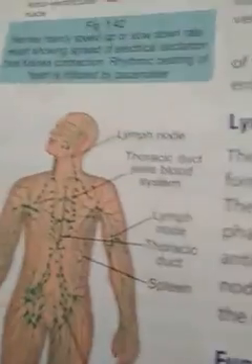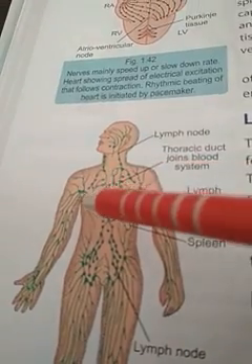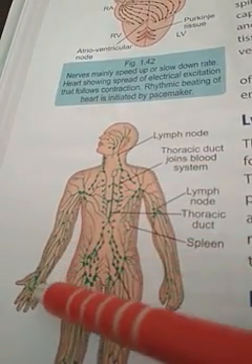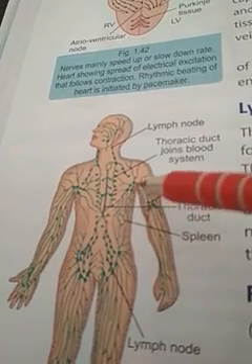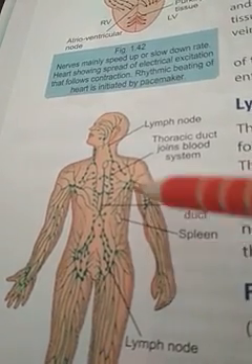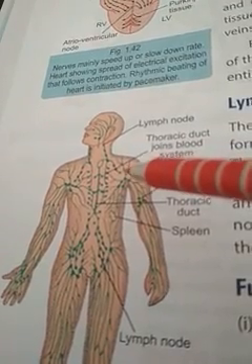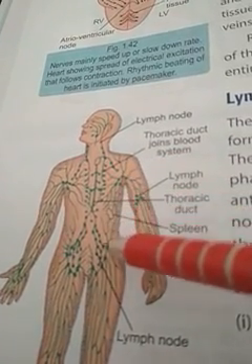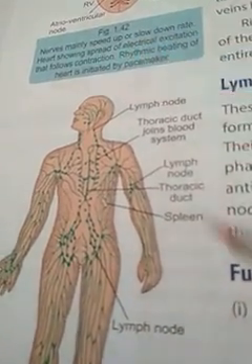Now dear students, this is the lymphatic system. The lymphatic system means the lymphatic vessels, which are responsible for the supply of fat to different parts of the body, as well as the production of different types of lymphocytes and WBC for the protection of our body from pathogens. So the questions based on this are the sample questions.